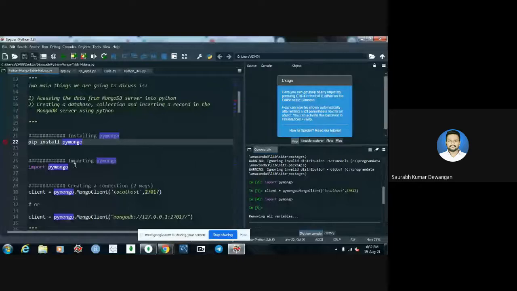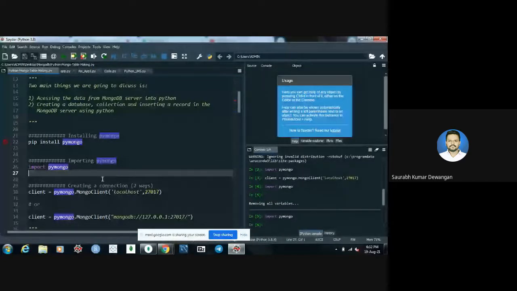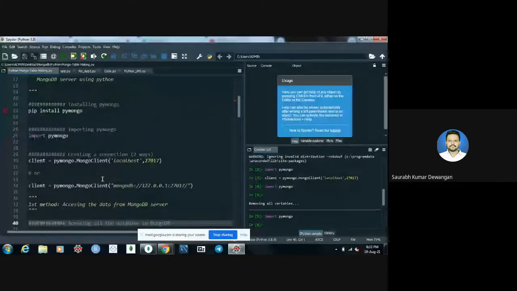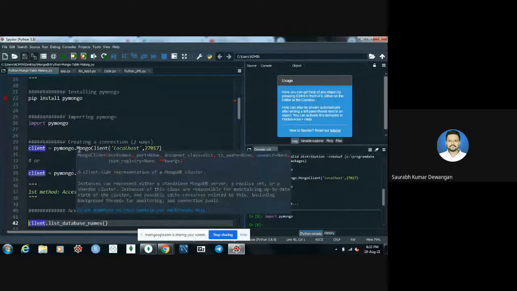Now next is importing PyMongo. Let's import PyMongo first. Okay, PyMongo is imported now. To make a connection, we need the pymongo.MongoClient command, and two parameters are required.